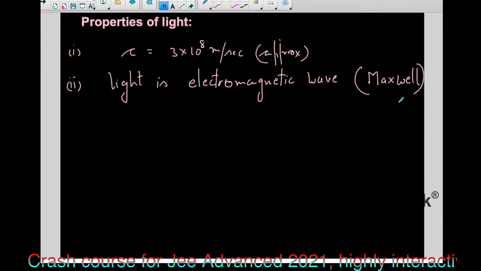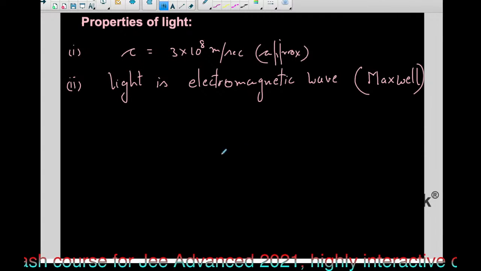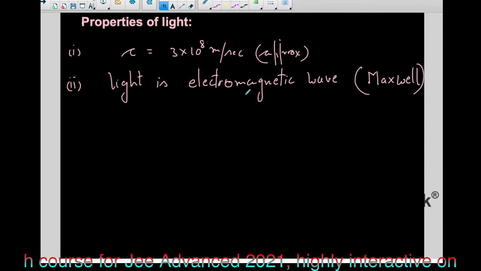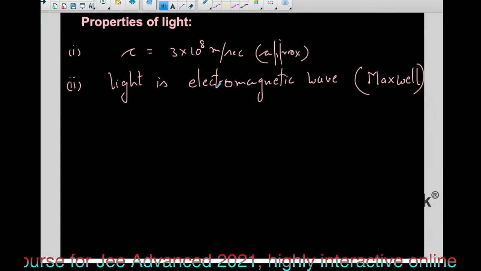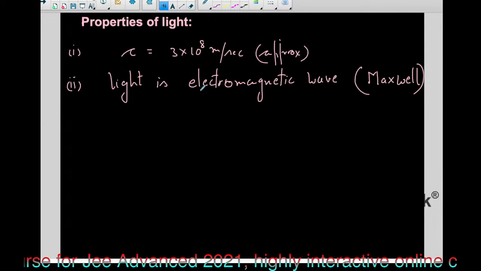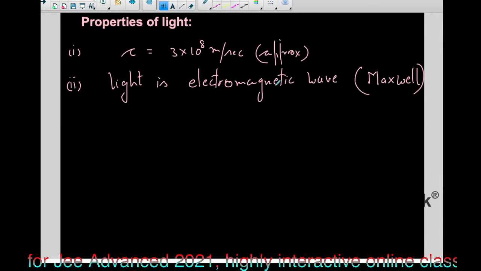Maxwell's quantum theory, which we will study ahead. It consists of, as is clear from the name, electro, and this is magnetic. Here one is electro and that is magnetic. So this one is,